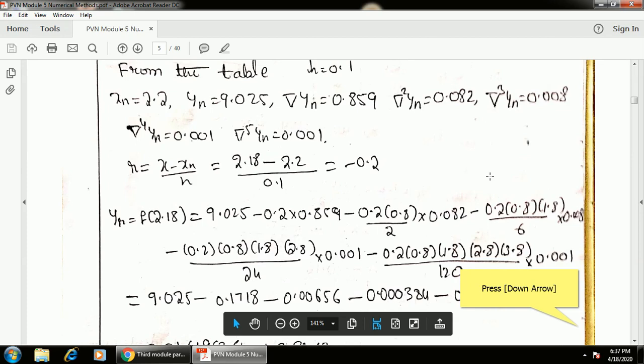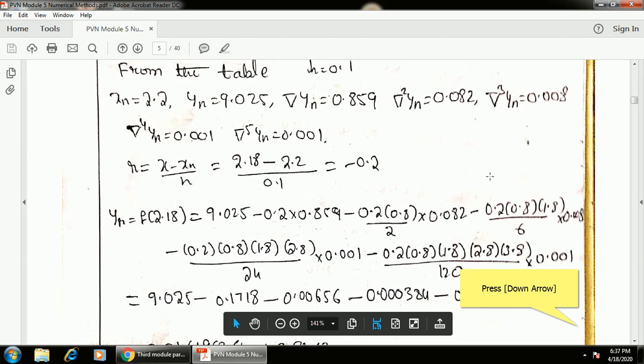Look at this, 9.025, same value, plus r into r plus 1 into nabla yn. R value is minus 0.2, into nabla yn is 0.859, plus r into r plus 1, r value is minus 0.2, r plus 1, minus 0.2 plus 1 is 0.8, by 2 factorial is 2 into